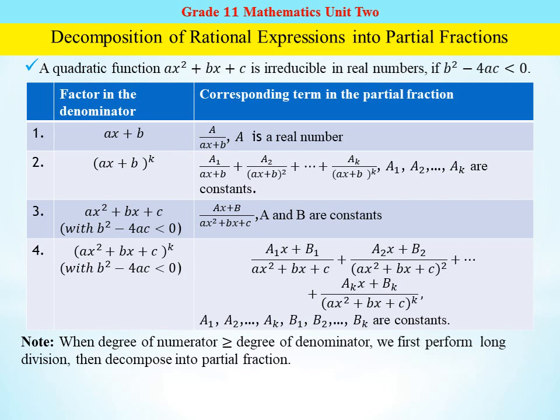ከመፈለጋችን በፊት ሎንግ ዲቪዥንን እንጠቀማለን። ለምሳሌ for example f of x equal to x cubed plus 3x squared plus 2 over x squared plus 2x plus 1 ምሳሌ ይሄኛው ቢኖረን that is this rational expression የኛው እንደምናየው what the degree of numerator which is 3, the degree of the denominator is 2። ስለዚህ ይሄኛውን partial ፍራክሽኑን ከመፈለጋችን በፊት ማካፈል ይጠበቅብናል። that is when you divide this one the numerator by the denominator we get the result or the quotient x plus 1 እናገኛለን። ከዛ ሪማይንደራችን እዚህ ጋር minus 3x plus 1 ይመጣል